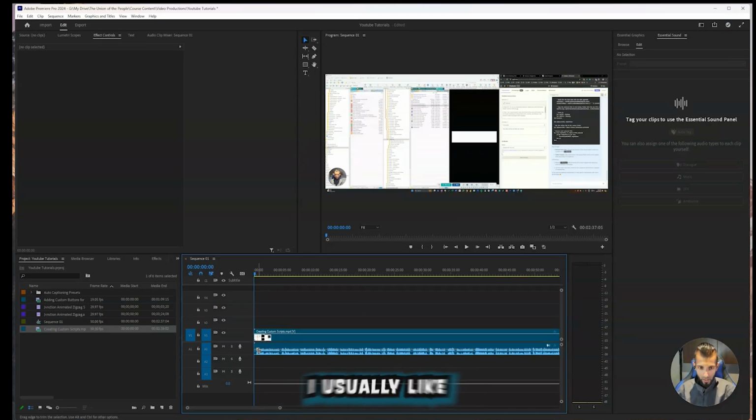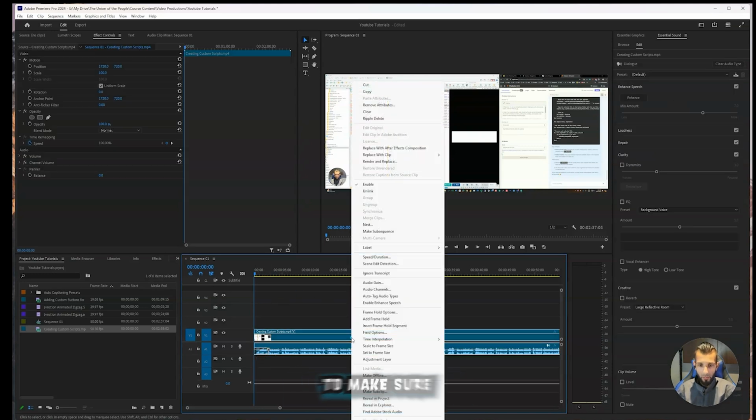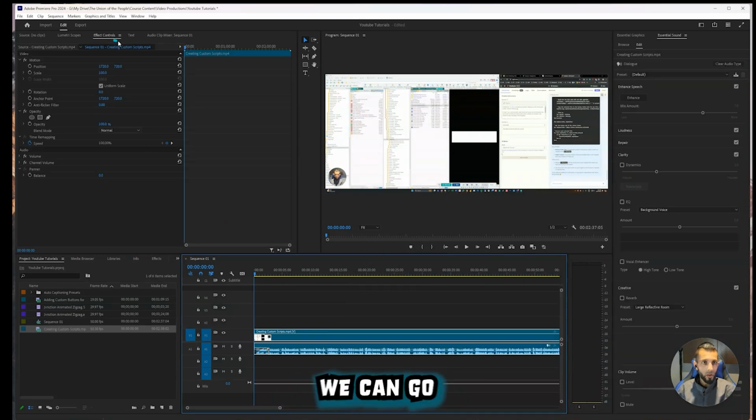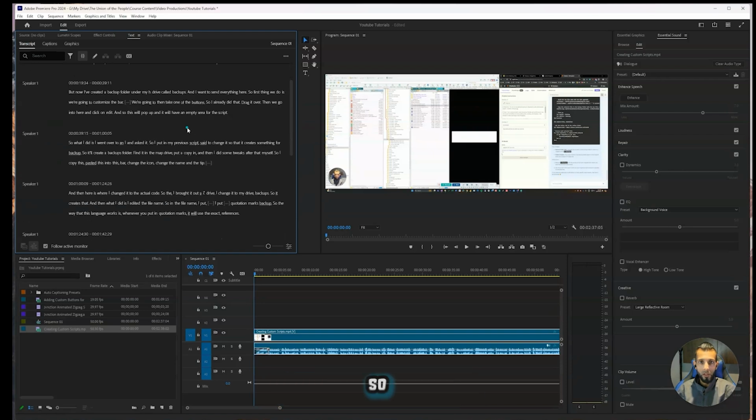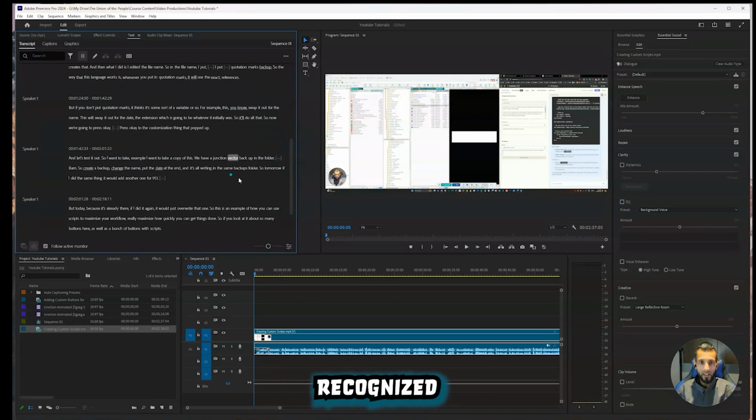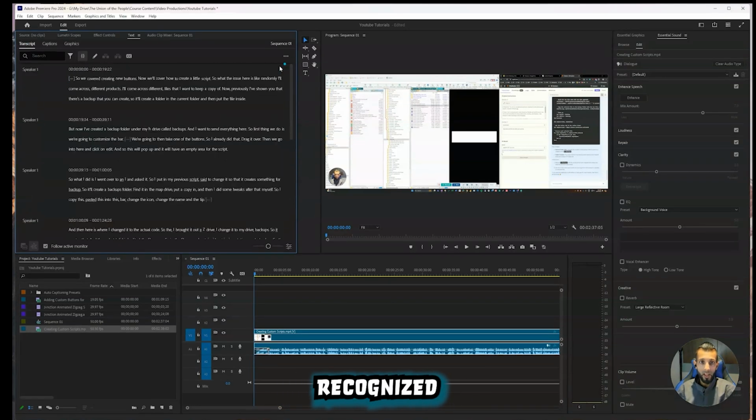Everything looks good here. I usually like to just drag that fader in so that it kind of ramps into the sound. After that, we're going to make sure that this ignore transcript is not selected. And then from there, we can click on the video, go to text, go to transcript, and there we go. So the cool thing is it went through, recognized all the words, but it also recognized the pauses and